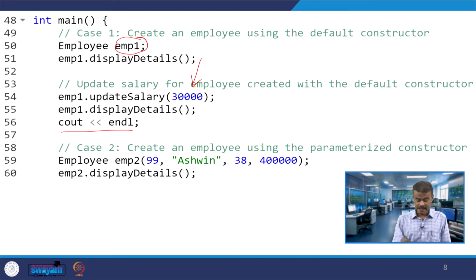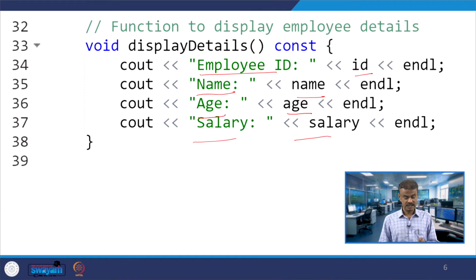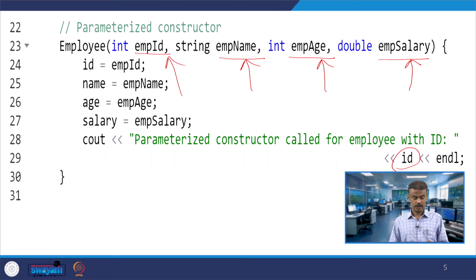Now you are creating a second object, and you are passing the parameters, therefore the parameterized constructor will be invoked. You are passing 99, Ashwin, 38 and 400,000. So the employee ID will be 99, name will be Ashwin, age 38 and salary will be 400,000.